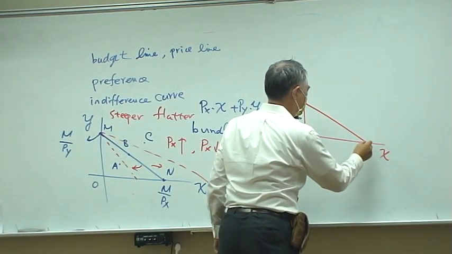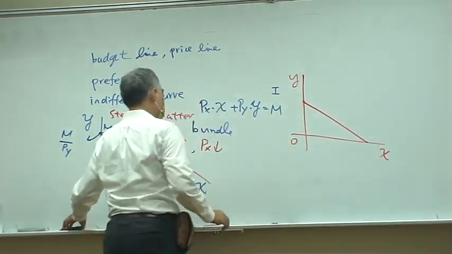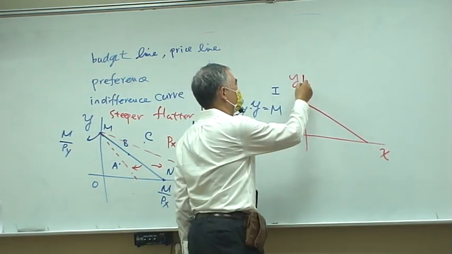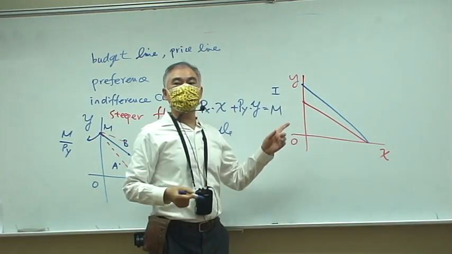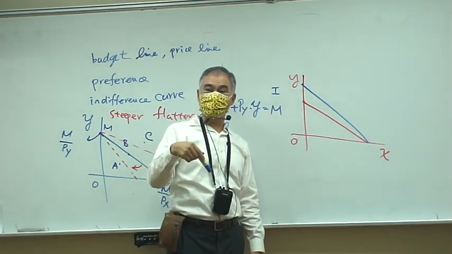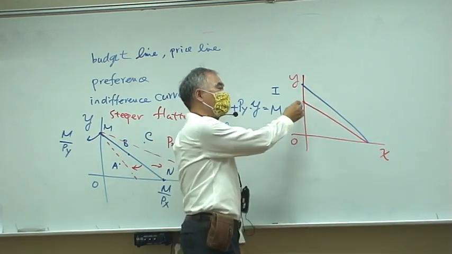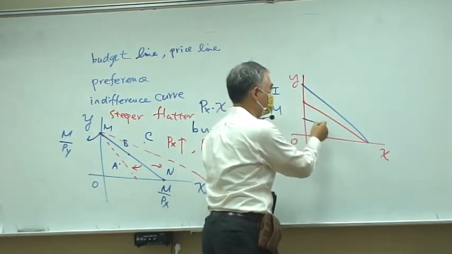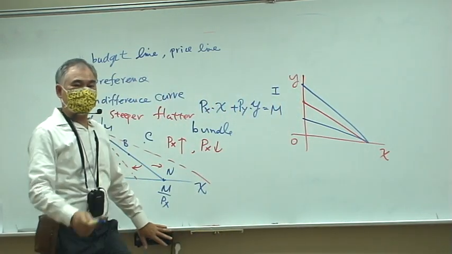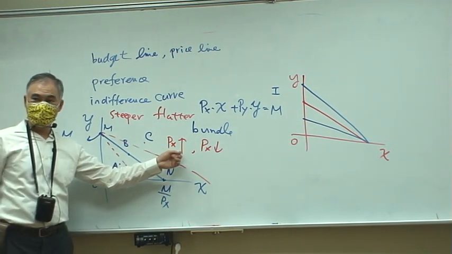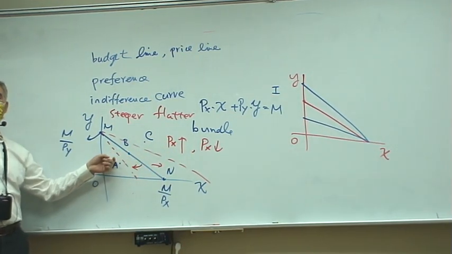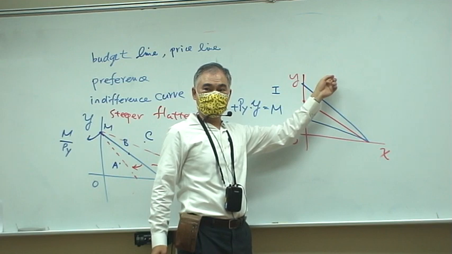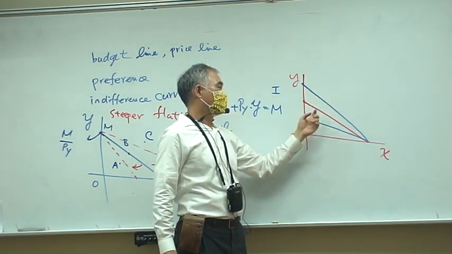So we have a budget line, but now we talk about price changes of Y. If Y becomes cheaper, that means relatively X becomes more expensive, so it becomes steeper. And if Y becomes more expensive, that means relatively X becomes cheaper. So when X becomes cheaper, it's flatter. When X becomes more expensive, it becomes steeper. The opposite for Y. When Y becomes cheaper, it becomes steeper, right? And when Y becomes